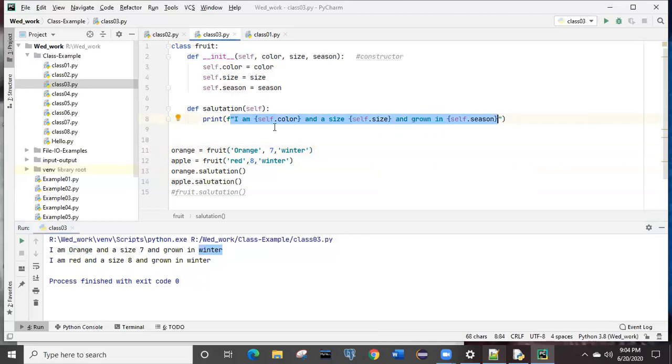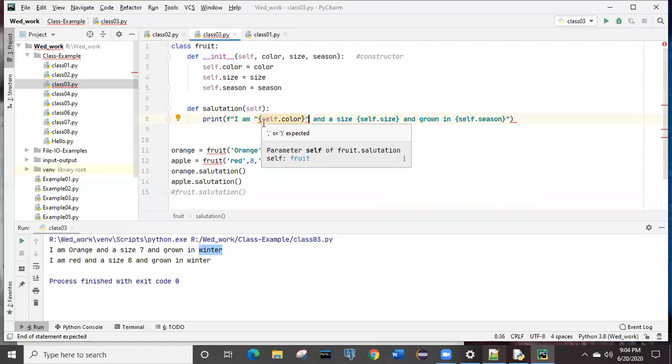So if we put one double quote over here, it will treat that as the end. Got it? If I put the double quote here for self dot color, it will understand that this is the end only, because it started with the double quote and found one over here. What we can do, we can try with single quotes and we'll see.